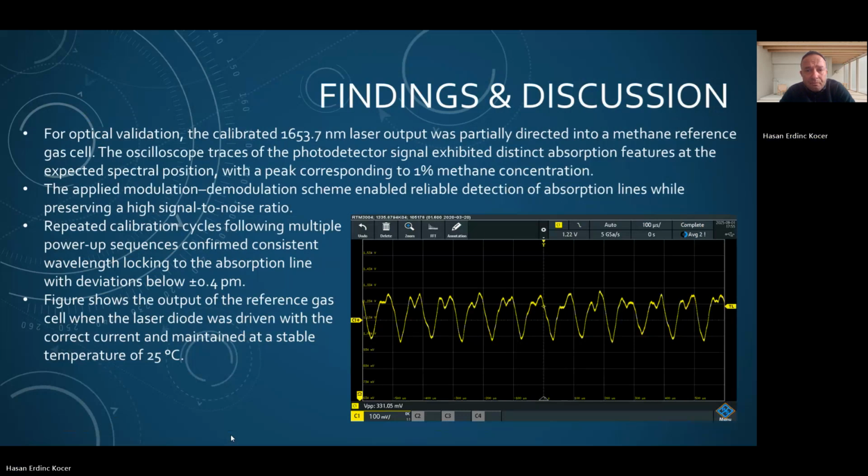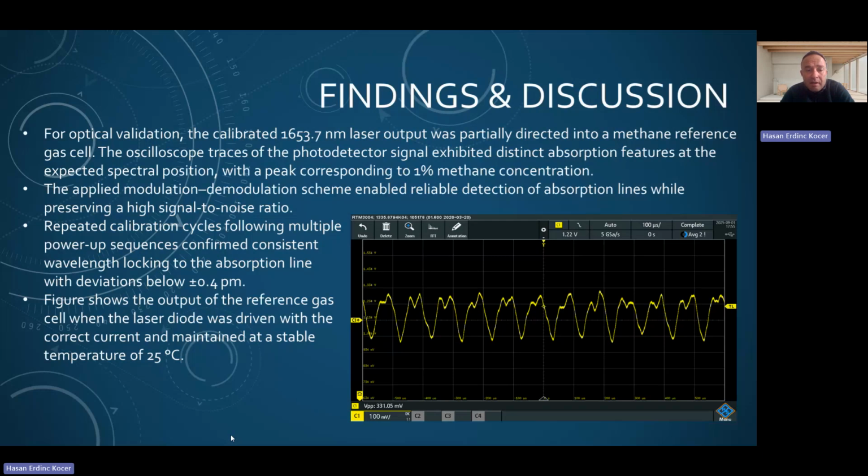The repeated calibration cycles following multiple power-up sequences confirmed consistent wavelength locking to the absorption line with deviations below minus and plus 0.4 pm. The figure shows the output of the reference gas cell when the laser diode was driven